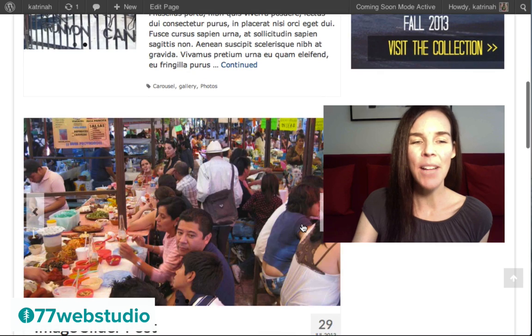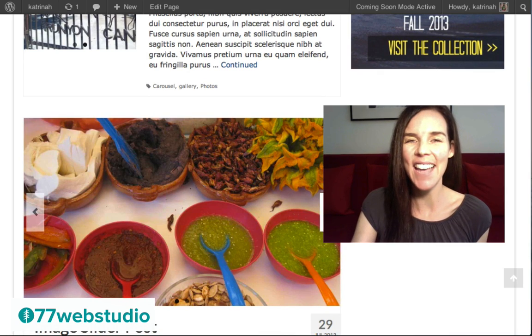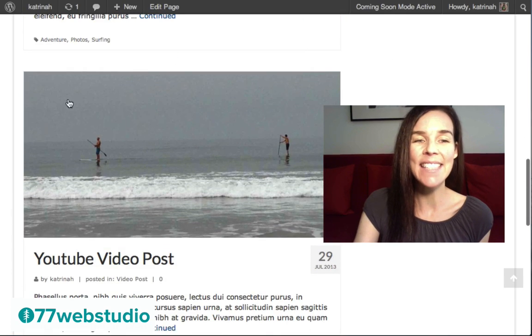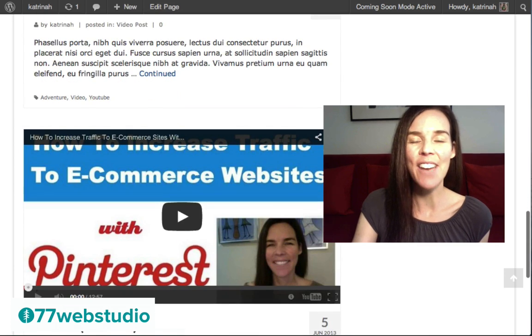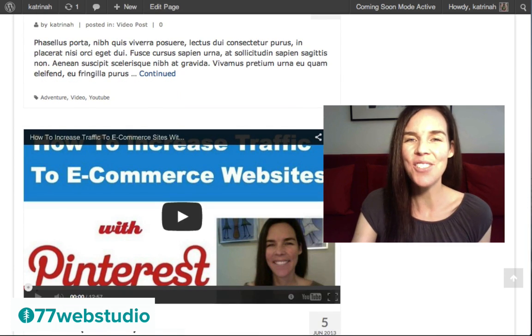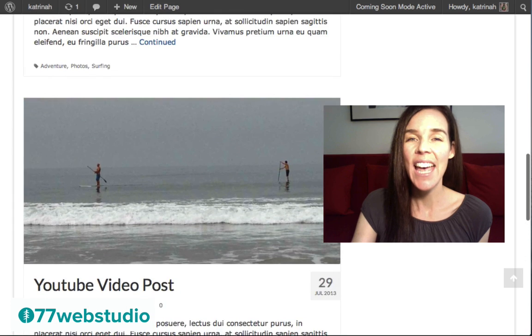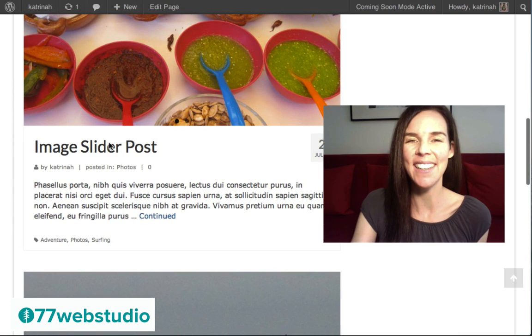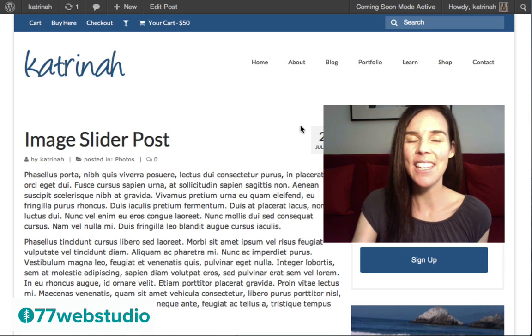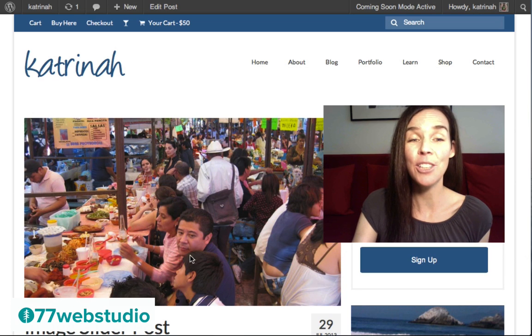Then underneath that we'll have the image slider post, which again is a little bit larger size of an image with this rotating slider. I'll also show you how to add simply a static large image like this, and finally a video if you'd like to include a video right directly on the blog archive page. Now taking a look at one of the internal blog posts, I'm going to click on this one right here. We'll see here, this particular one at least at the top will also include this image slider, so I'll show you how to set that up.